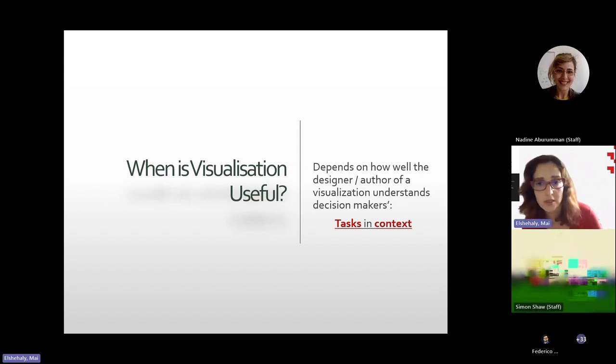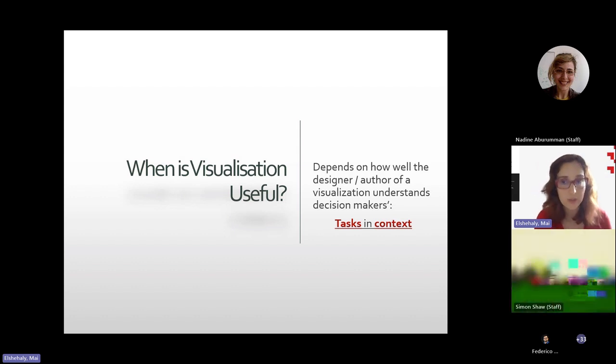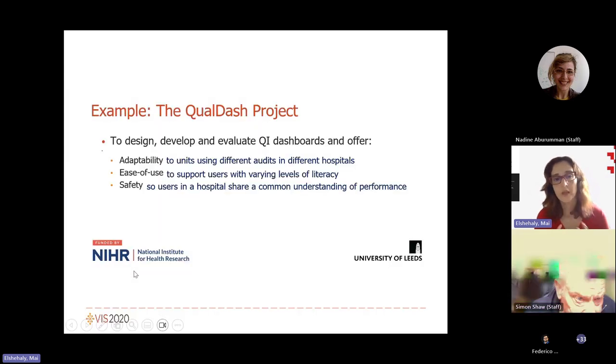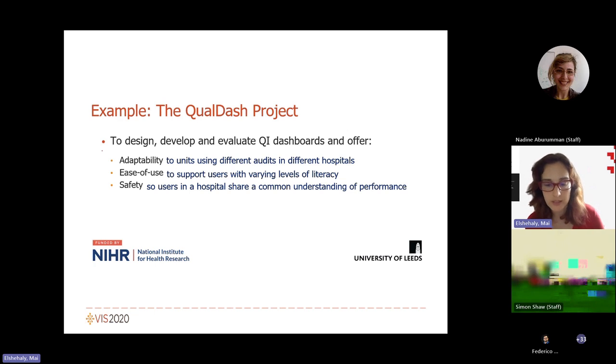But also what I'm trying to advocate in this talk and in my research in general is that our task analysis really needs to also cater to the specific tasks and the contexts that decision makers operate within, which are significantly different from these data tech-savvy people that work with data on a day-to-day basis. And an example for this task and context specification was a really nice example.